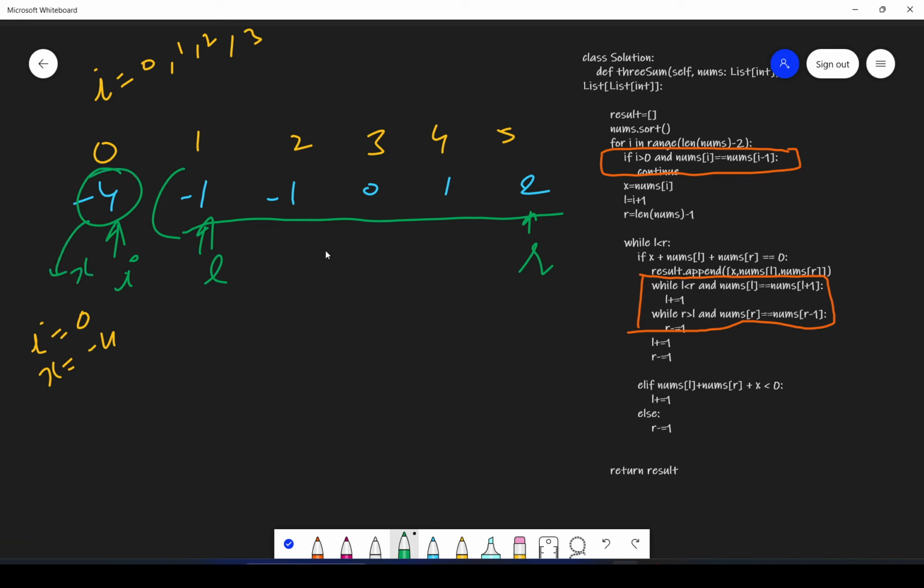You have to find y and z such that x plus y plus z is equal to 0.